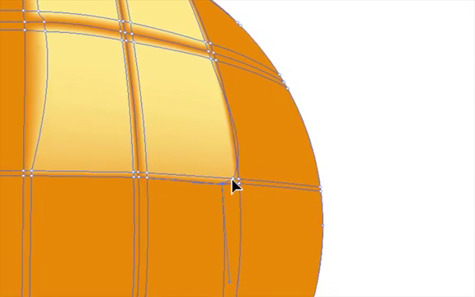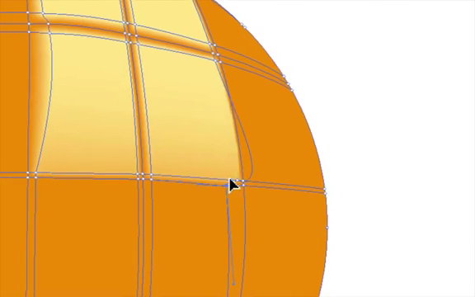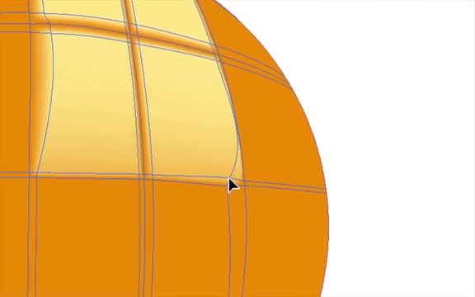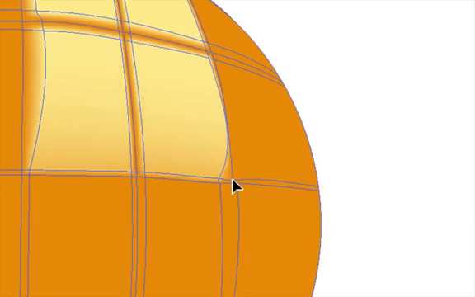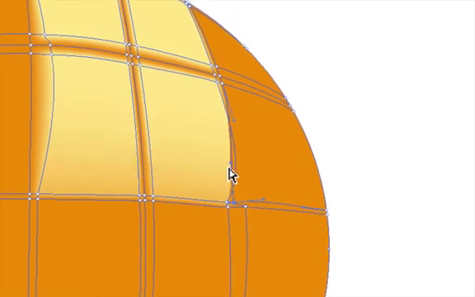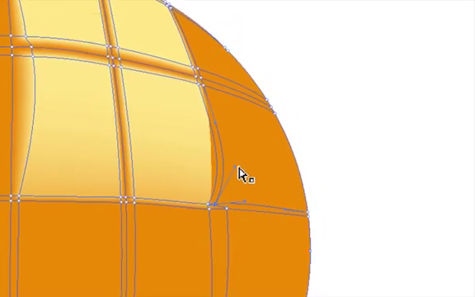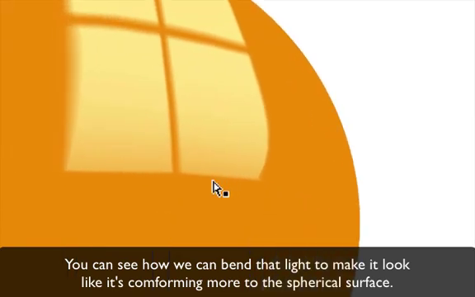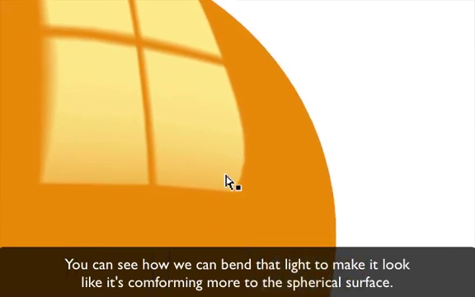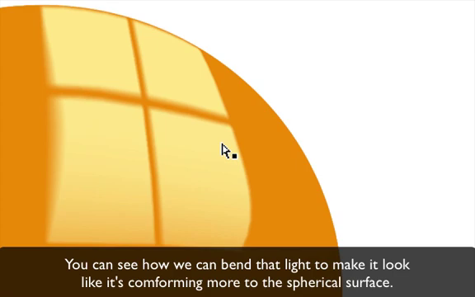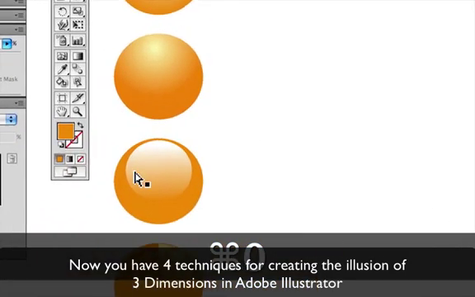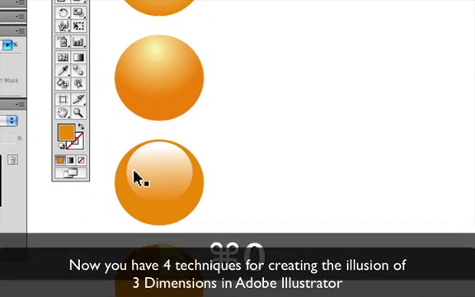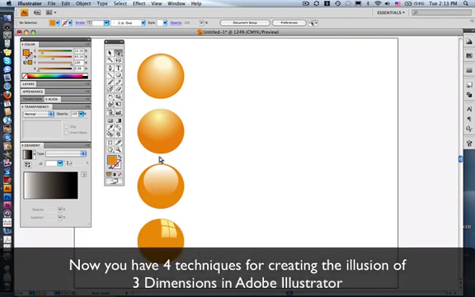Again, and you can see how we can bend that light to make it look like it's conforming more to that spherical surface. So there you have a technique, 4 in total, that can be used for creating the illusion of